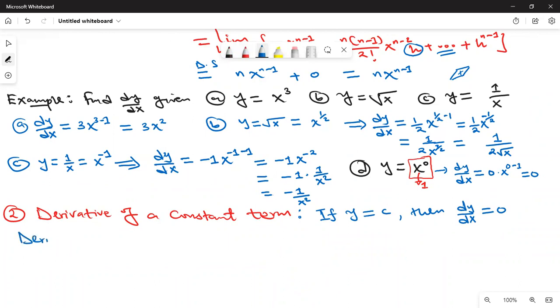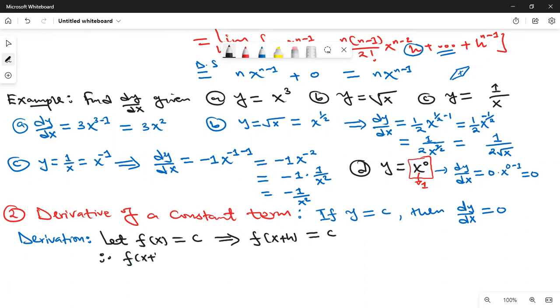Derivation. How do we show that when you differentiate a constant, we get 0? So you say let f of x be equal to a constant c. So this means that f of x plus h is still the same constant c. So therefore, f of x plus h minus f of x is the same as c minus c, which is 0. Hence,